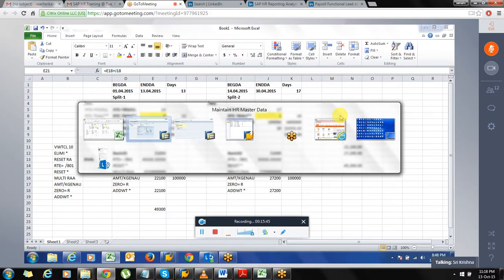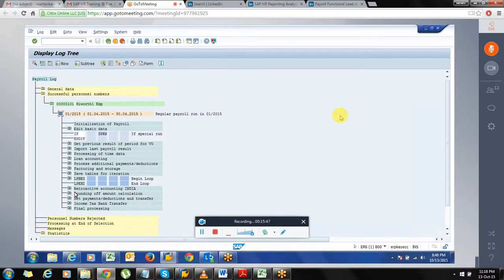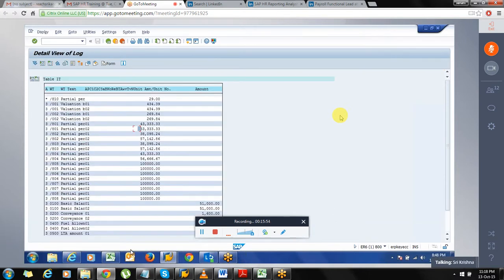See, the second split was reduced to 533 instead of previously 5666. Before it is 0, so it is 56 and you are getting 51,000 as take home. If you put 1 day in the second period, it will do like this. If you change the date from